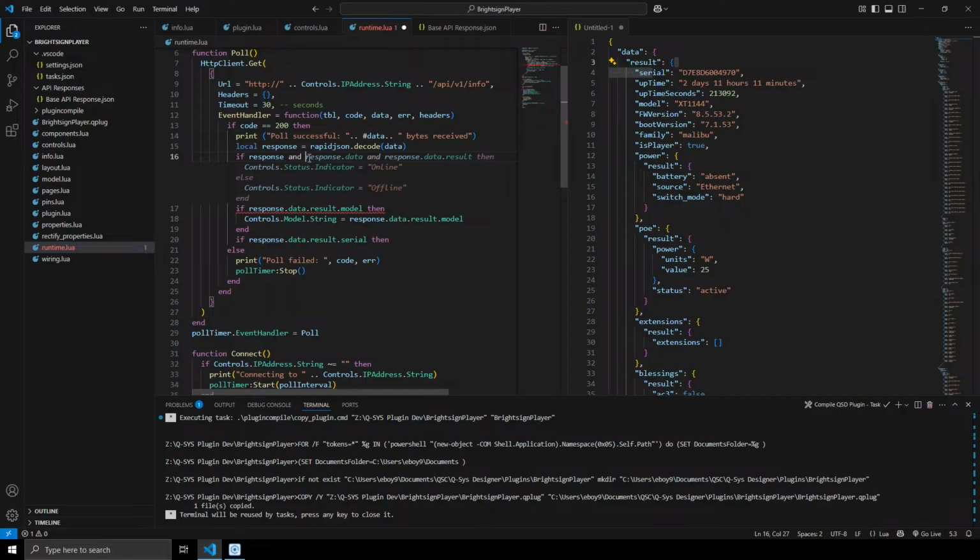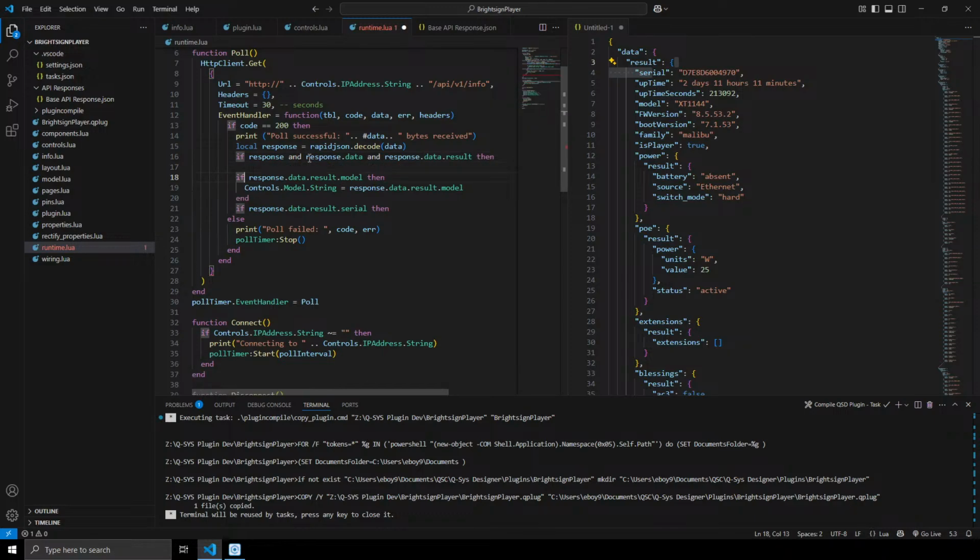When parsing JSON, one gotcha is you can't just do if response data result model, because if result isn't there, you'll actually get a nil Lua exception, because it can't check for a model within a nil result. So you have to do a tree of if response and response data and response data result, then,